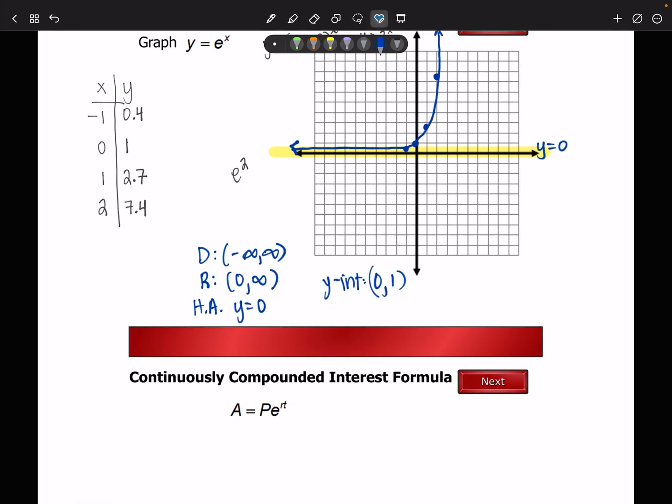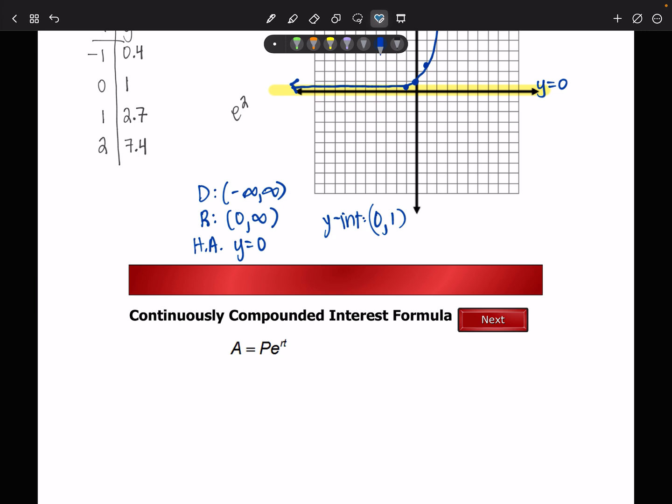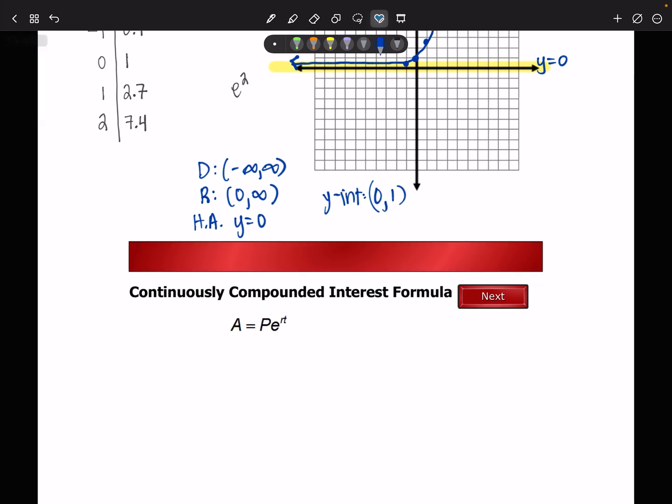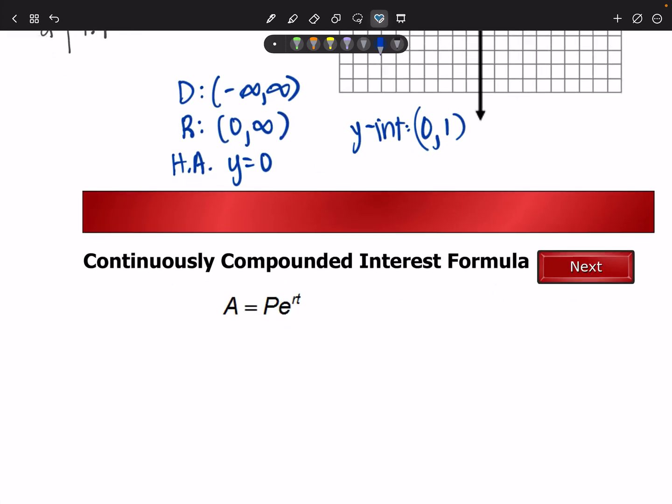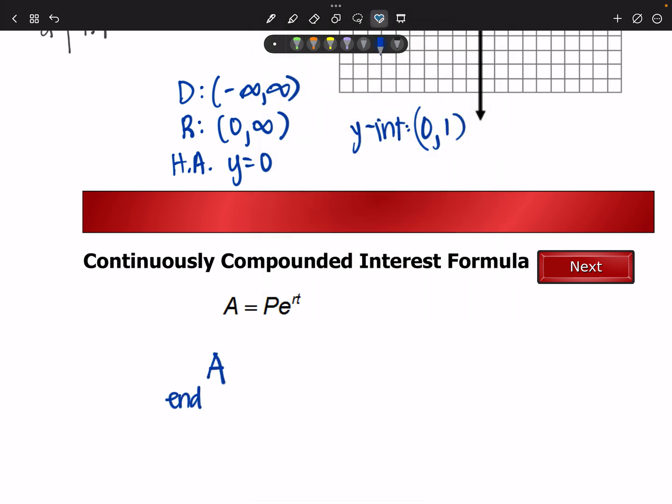Okay, how do we use E? Well, as you can see, we can graph it, but more importantly, we use it in what's called the continuously compounded interest formula. And this, I'm going to write this in different colors. We've got A, which is our end dollar value, because we're talking about interest, that's money. So A is our end dollar value in a particular account, and that's going to equal P, which is our initial